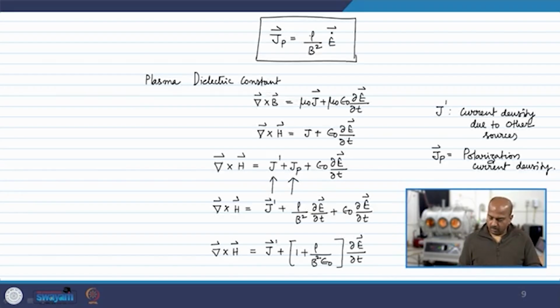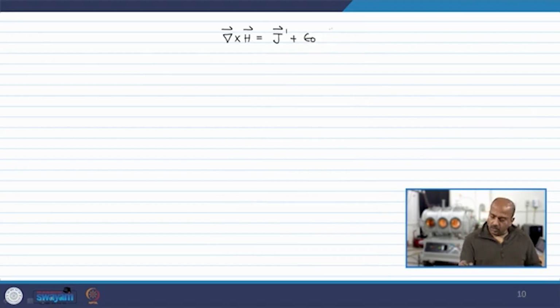Okay, let us just, for discussion, del cross H is equal to J prime, current density due to other sources, plus epsilon naught times 1 plus rho by epsilon naught B square